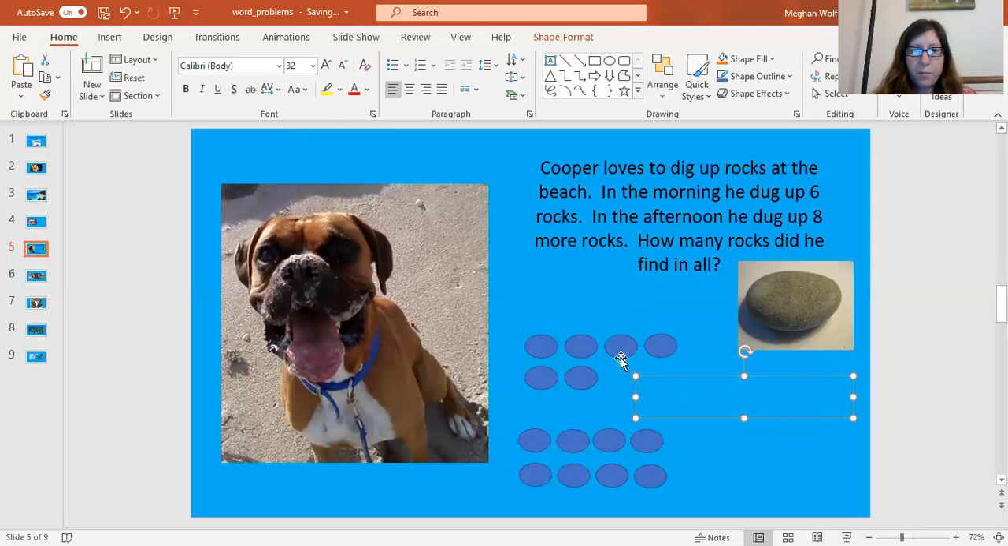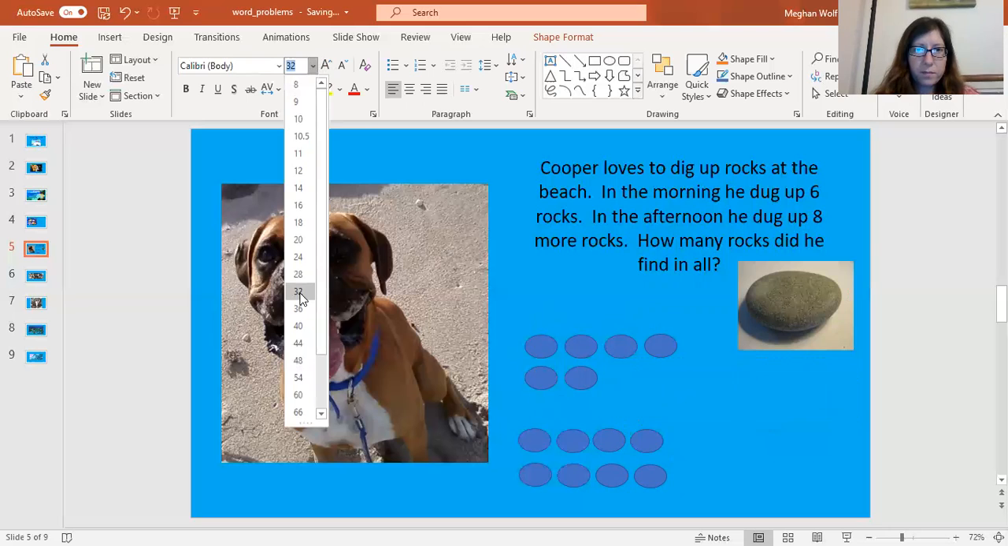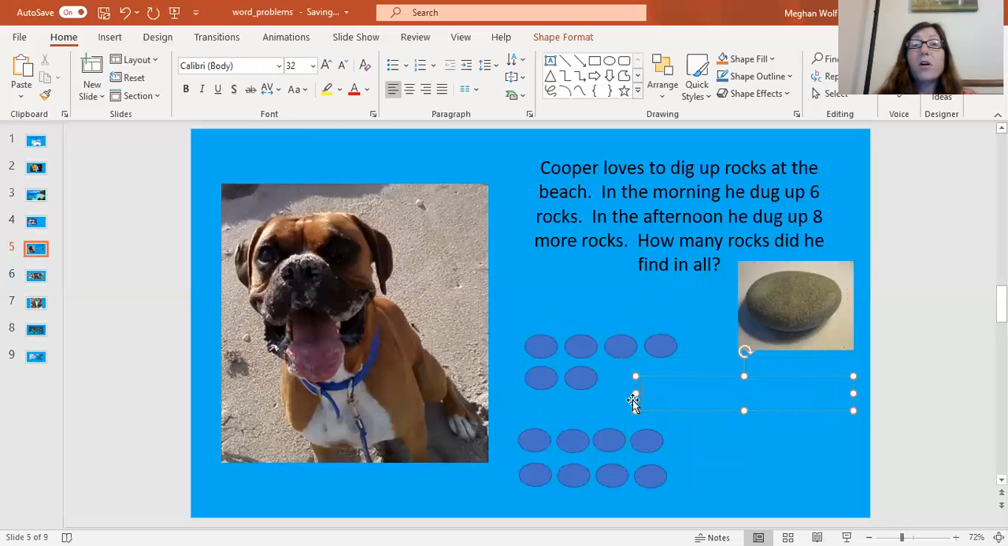So our first number is, we know our first number was 6, right? He found 6 in the morning. So I'm going to put 6, and we know it's adding because it says how many in all. So you're putting the ones in the morning with the ones in the afternoon to see how many total rocks. So I'm going to put plus, and then the 8 equals, or is the same as,